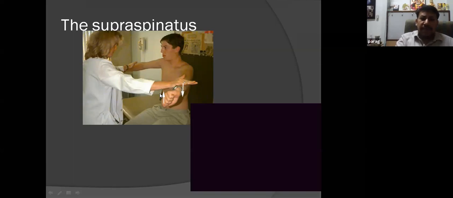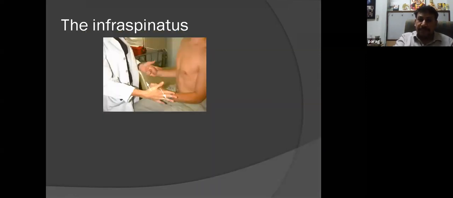Okay, what you do is with the patient either in the sitting or the standing position, with you standing in front or at the back, with a scapular plane abduction. So it's not in front of the body, but it's at about 45 degrees. You ask the patient to put the thumbs down, and on both sides you ask the patient to push up against your hand. This is called the Job's test, and if there is supraspinatus weakness, the patient on the affected side will not be able to push against your hand with your resistance.